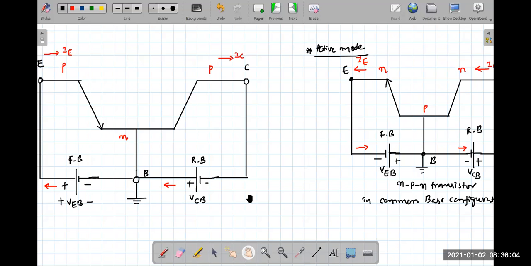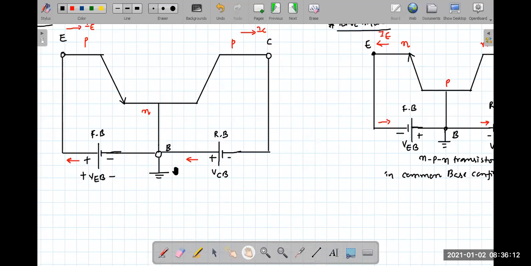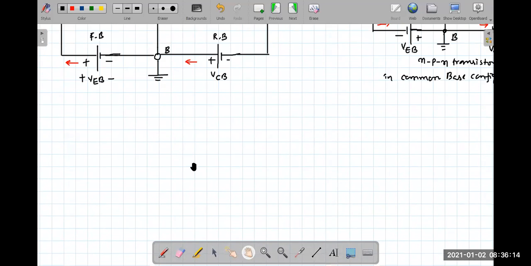Now here, to understand this, what we'll do is, you see, this is a PNP transistor, right? This is a PNP transistor. How have we connected it? We have connected it in this particular manner. So look here, if I take a PNP transistor,